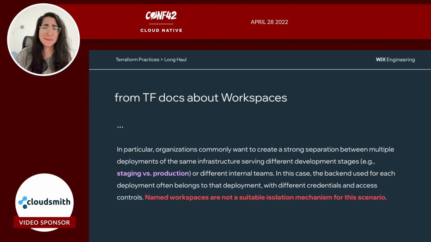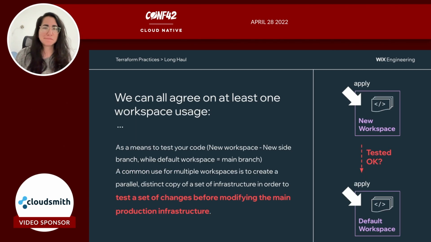Now let's see also from the Terraform official documentation, it says that for different development stages, like staging versus production, named workspaces are not a suitable isolation mechanism for this scenario. So if you do go with workspaces, just make sure that you go into it with open eyes and you know what you're doing.